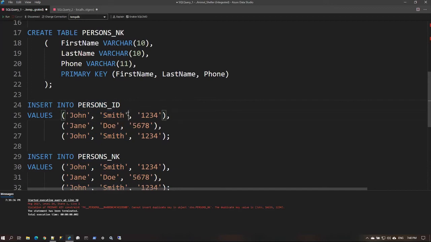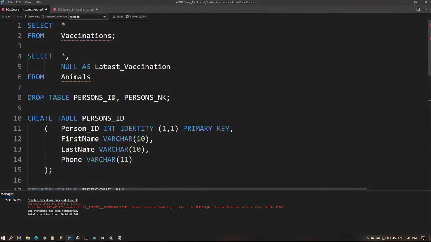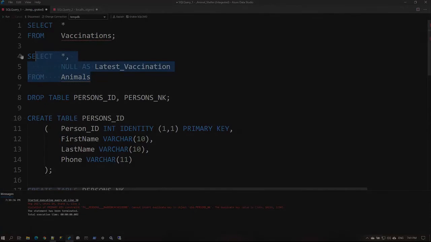And it could be that for one business, if it's a local grocery shop where its only shoppers are from 3 blocks away, maybe first name and last name is good enough. Maybe they don't have or don't care to have more than 2 customers with the same first name and last name. For Bank of America, this would probably be a less suitable key, right? But it depends on the business. And now if I go back to our animals